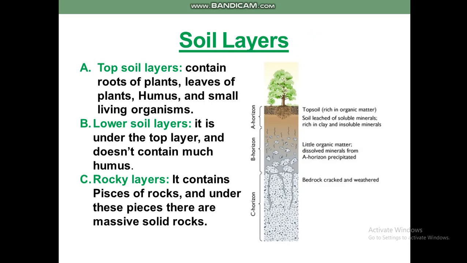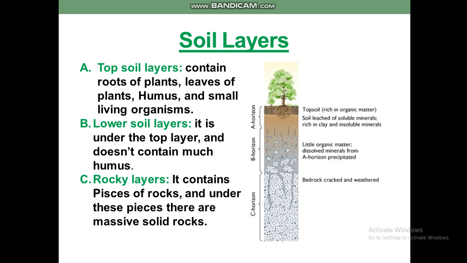The soil has different layers. They are horizon A, B, and C. So the soil has three layers. Number one, horizon A, the topsoil, which contains the roots of plants, leaves of plants, humus, and small living organisms. Horizon B, or the lower soil layer,